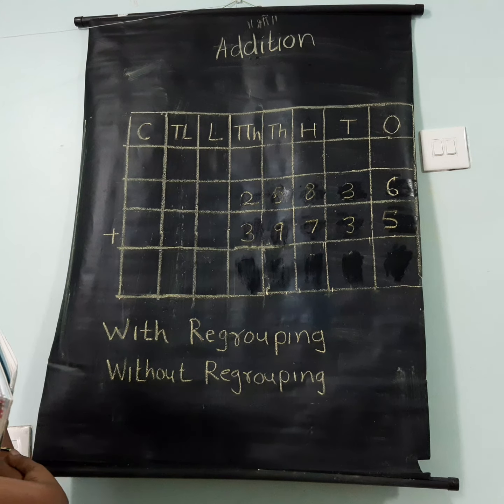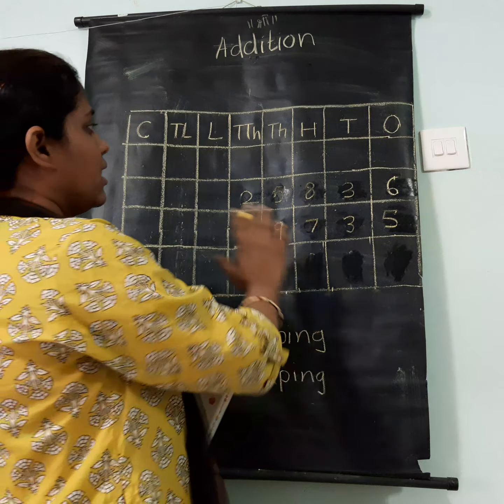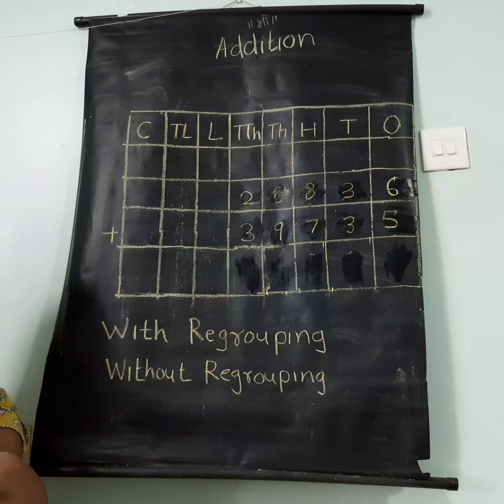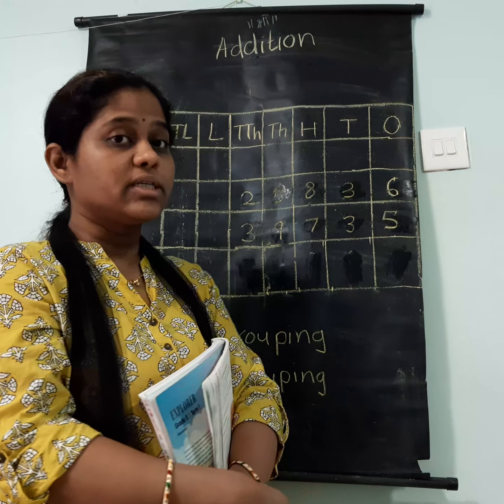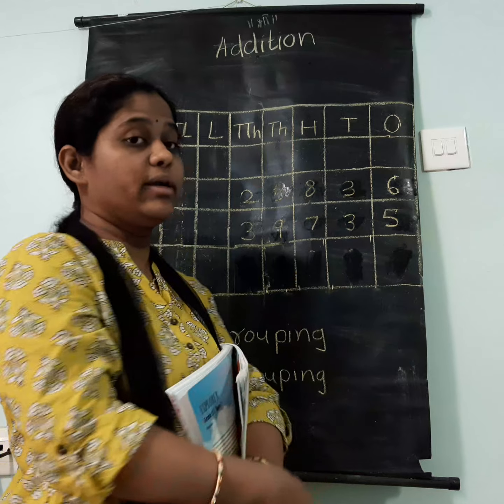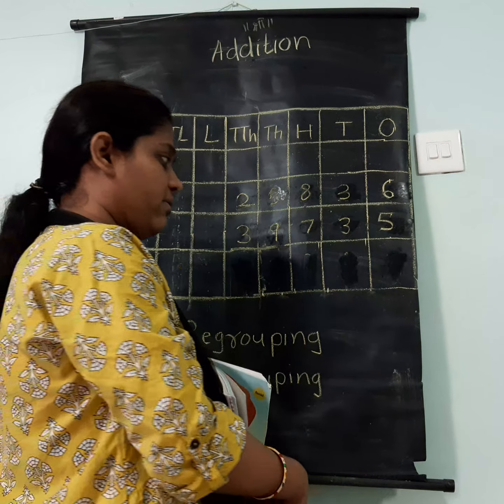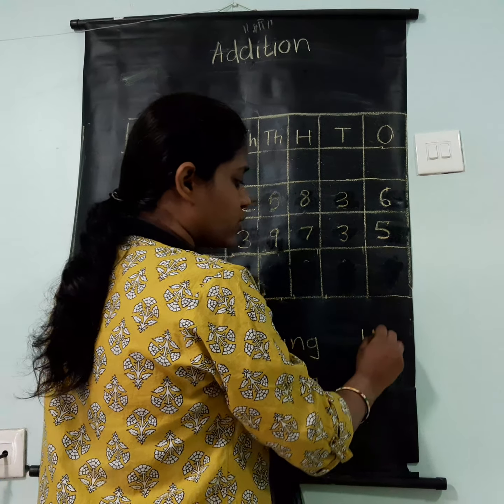Now here, if you notice, it is the same addition, and here also you will start with the ones place, from the right side of the sum. So I'll go ahead. See, ones place, 6 plus 5, what is the answer? 11, right? But as I told you, now it is 11, so it is 2 digits, and I have a place for only 1 digit. What will I do? I got the answer as 11, right?